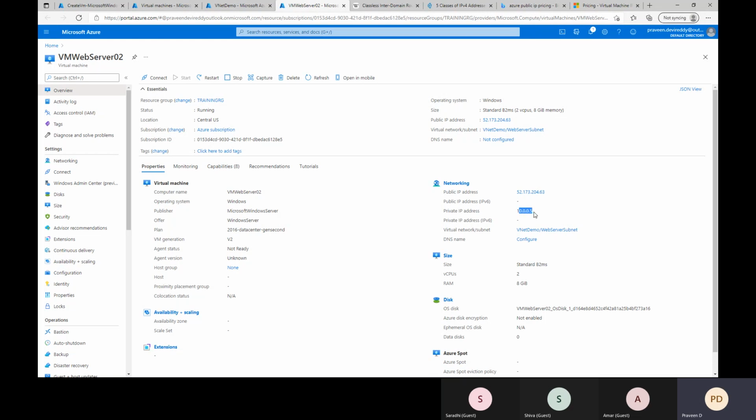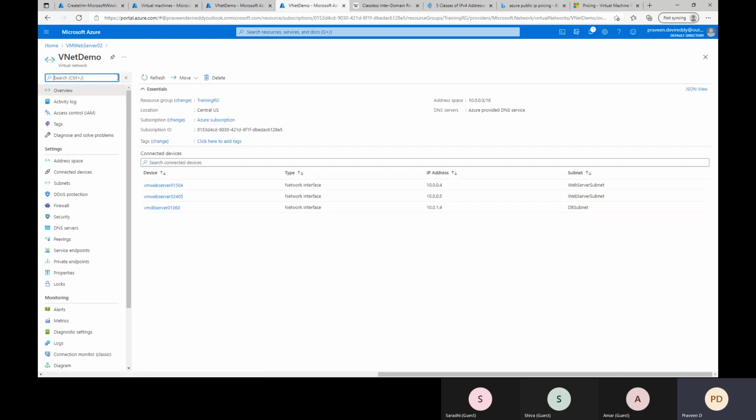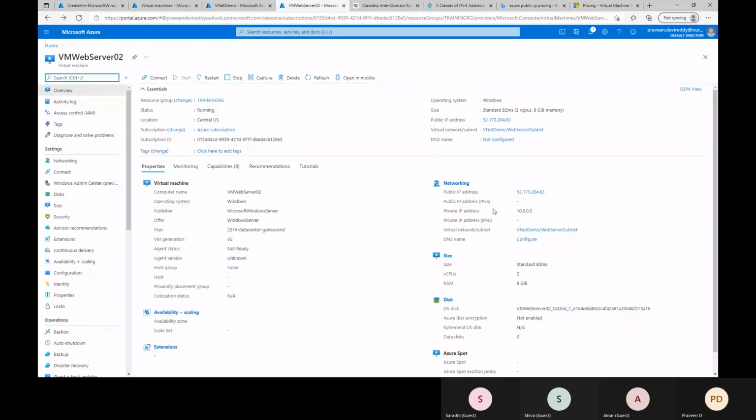But for the DB server, it has to be 10.0.1 and something.